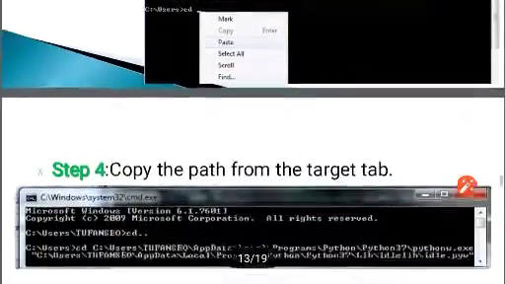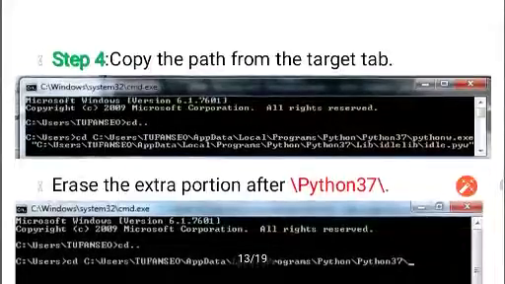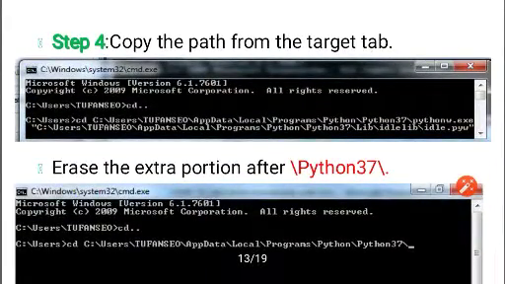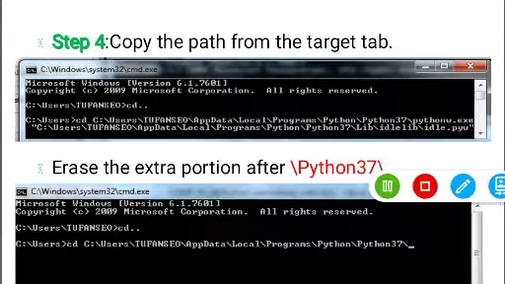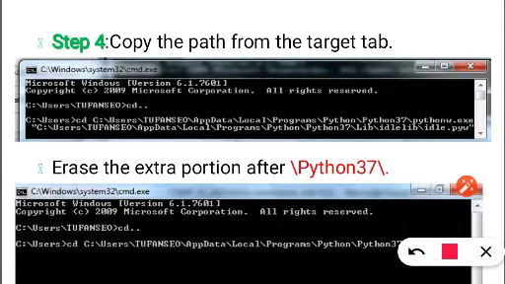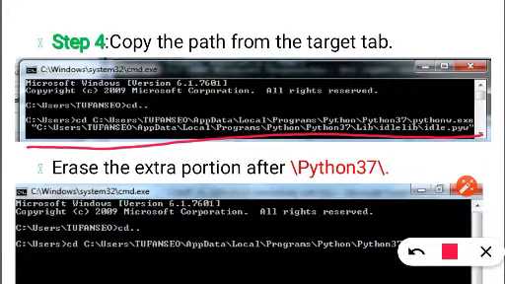After pasting, we have got this whole path. Getting it? We are getting this whole path in our command prompt. We are not going to use this whole path.